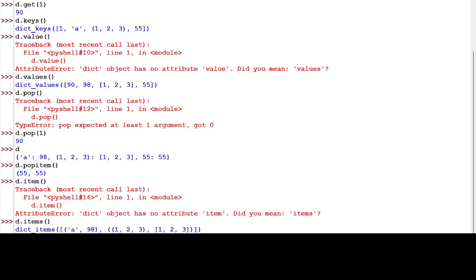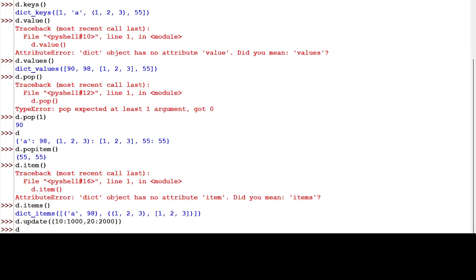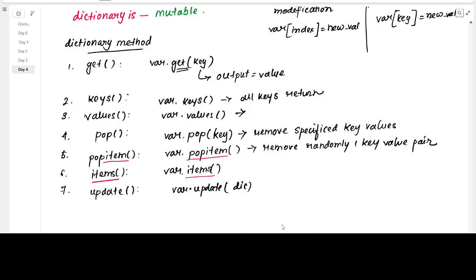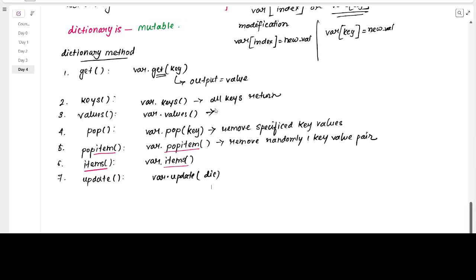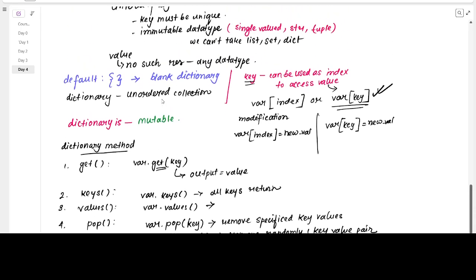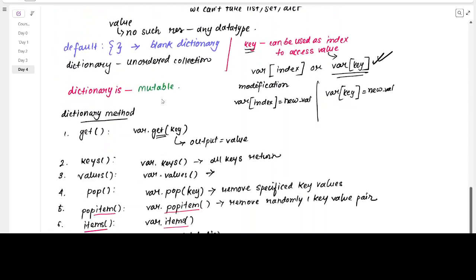Okay, so I'm updating this. Now this is what it's getting added. It's not getting added at the last, actually it's getting added randomly. Okay, so this is how you can do it. So from this, a dictionary can also be modified, and these are all the methods. This is called a dictionary, and a dictionary is a mutable collection. Okay,